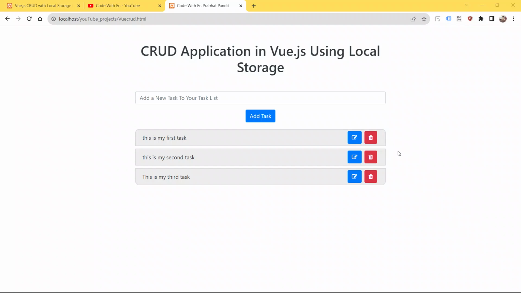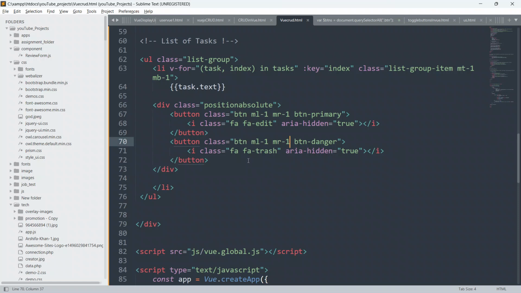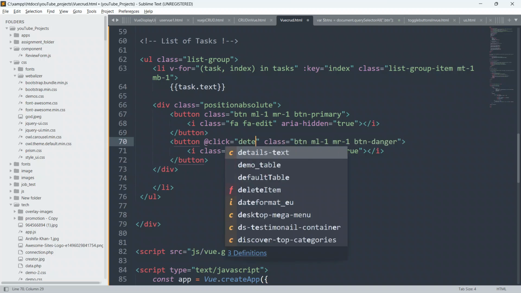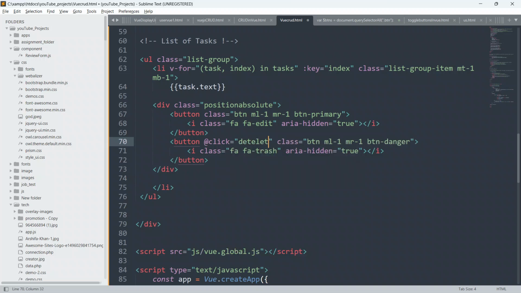So just go to the code editor again, and I have to give @click, and I will define the task here, like we will say delete task, and we will pass the index also.